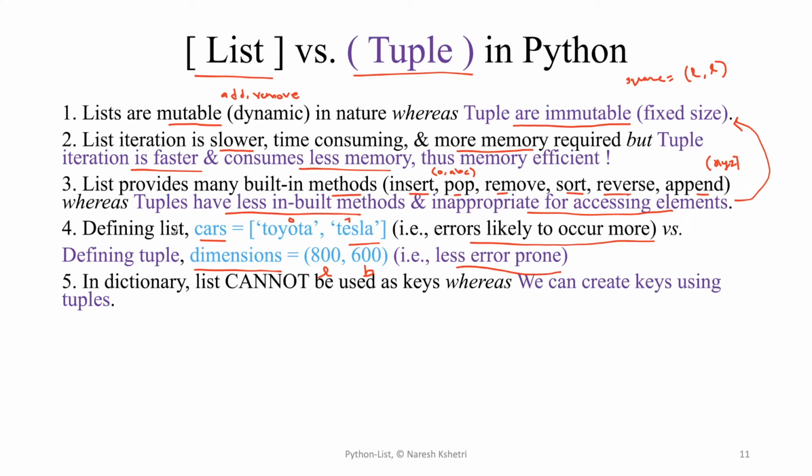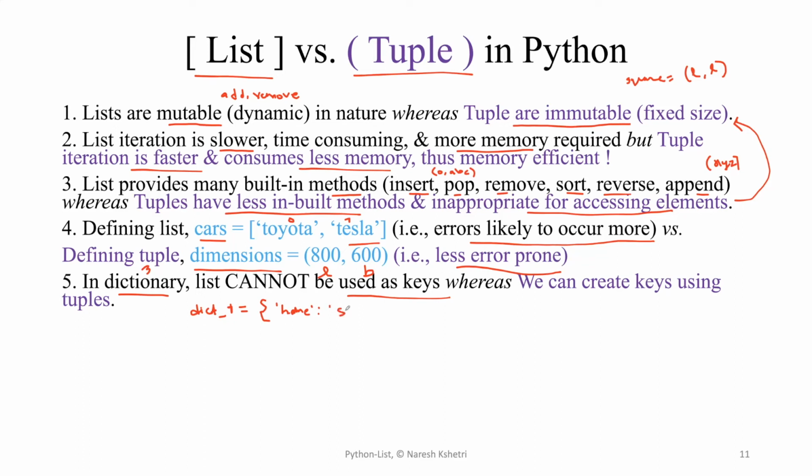And the last difference is about the third popular data type in Python, the dictionary. We all know a dictionary is a collection of key value pairs. A list cannot be used as a key. When we are declaring key value pairs, for example, a dictionary dict_1 equal to, it will be declared with curly braces, and say we have a key as name, and we are declaring its value